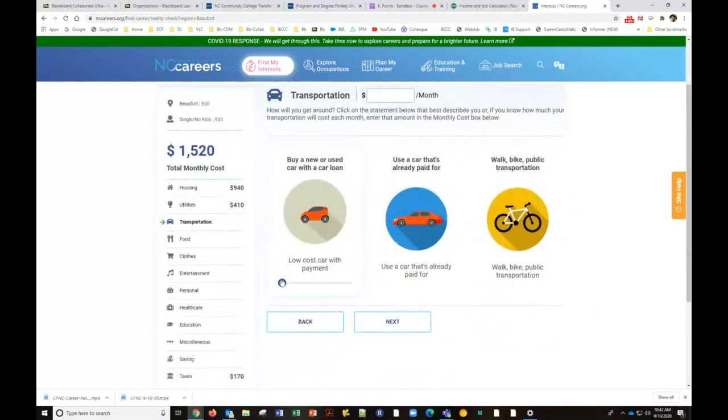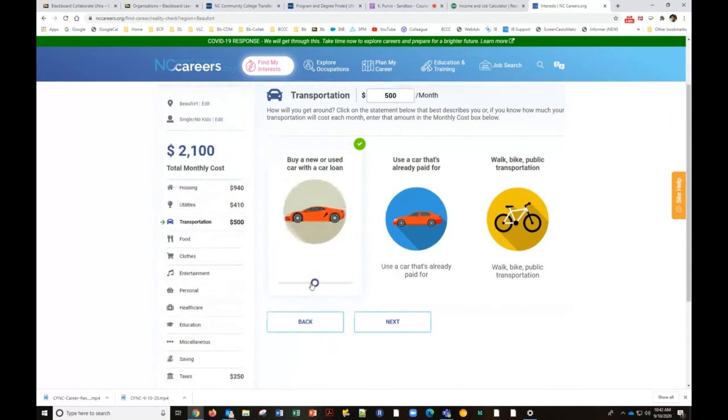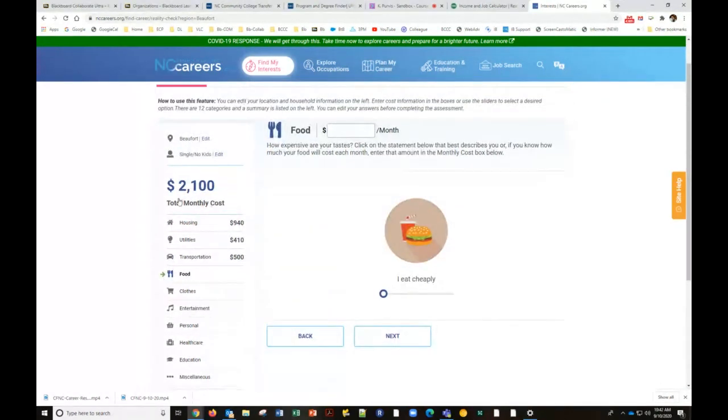Transportation, do you want a low cost? Do you want to buy a new or a used one? What kind of car? An average car payment? Do you want a luxury car? You kind of have to think about what your goals are. And then once you've selected these, I'm not going to go through all this, but it's starting to tally up